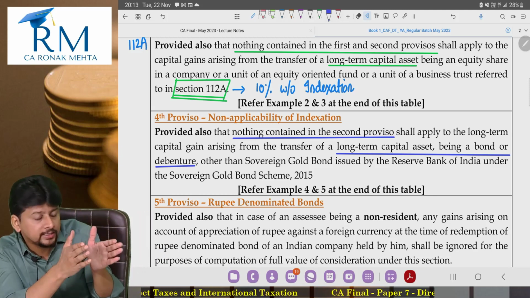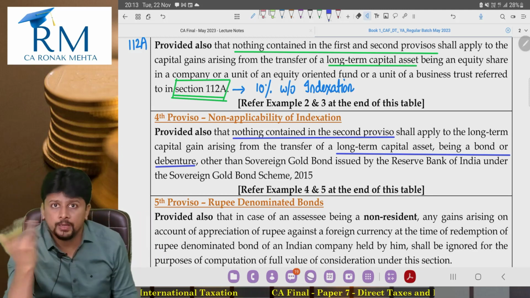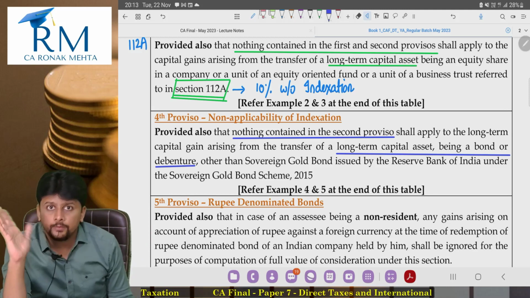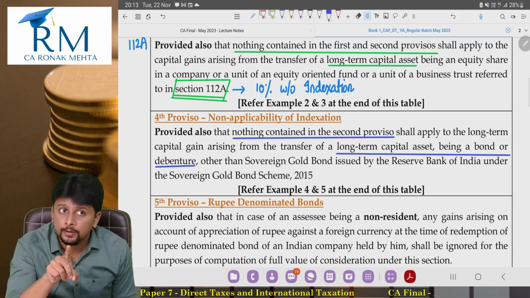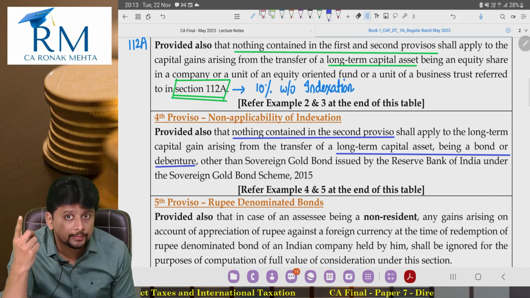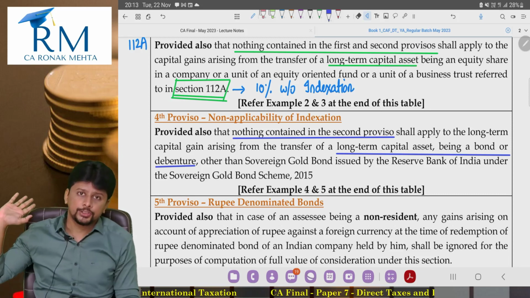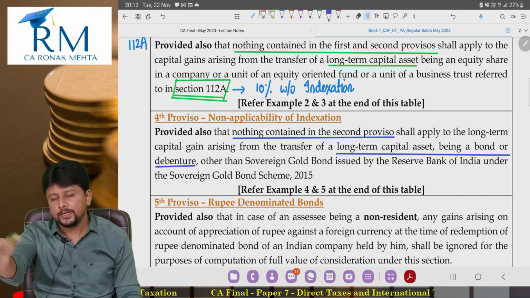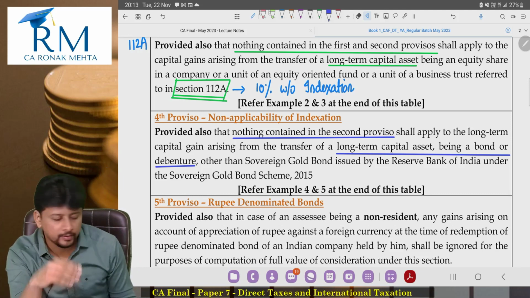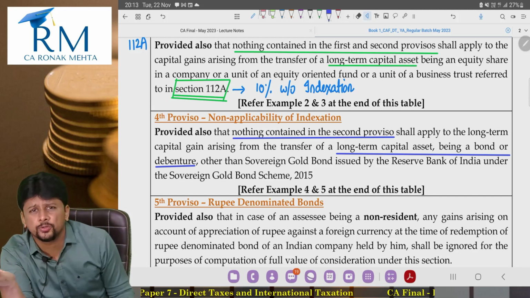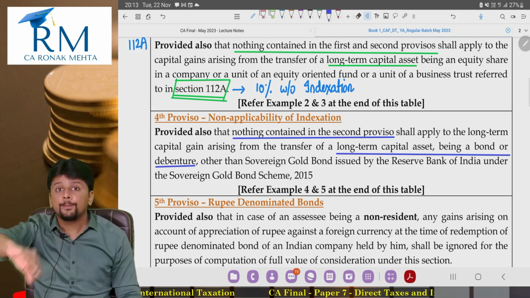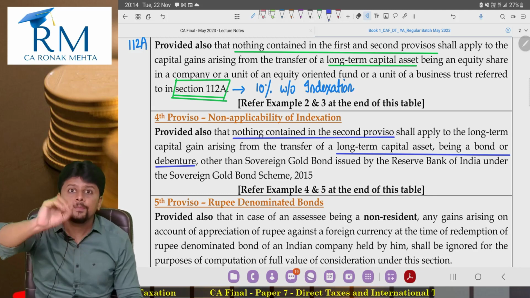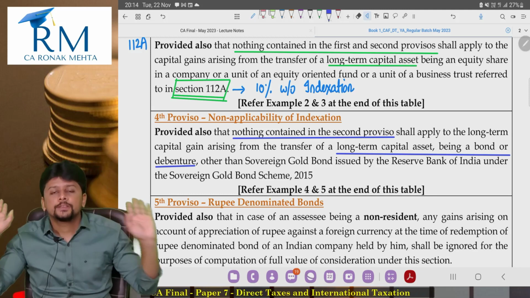When you were holding the shares, you maybe got dividend, maybe did not get dividend. Dividend percentage also was probably not fixed for you. So shareholder, when you will sell the shares, you will get the benefit of indexation. Of course, if 112A applies, you don't get that benefit also, but 112A that I'm talking about is a specific situation. I'm currently discussing things very generally. In my mind, I am comparing debentures with shares.